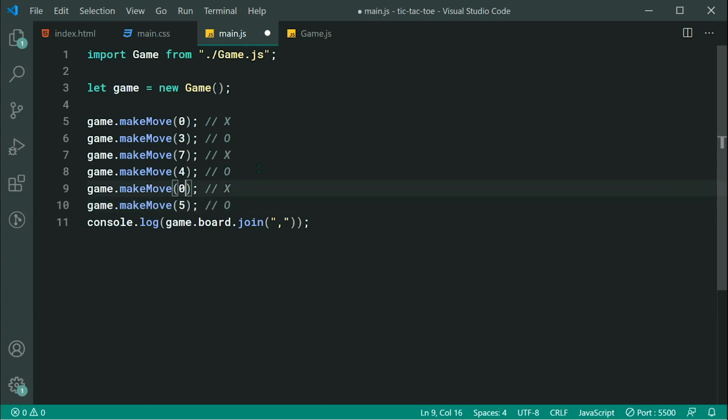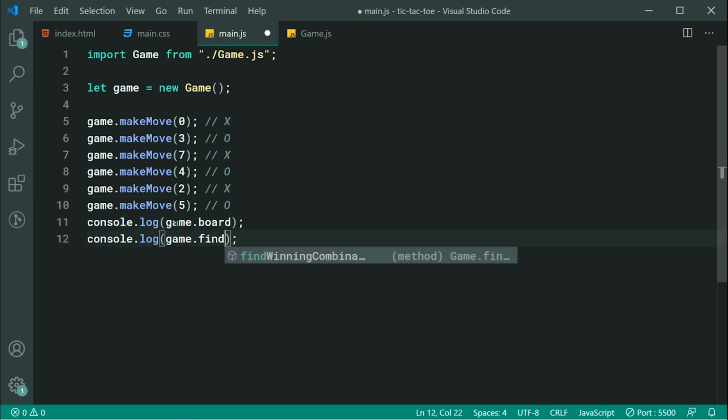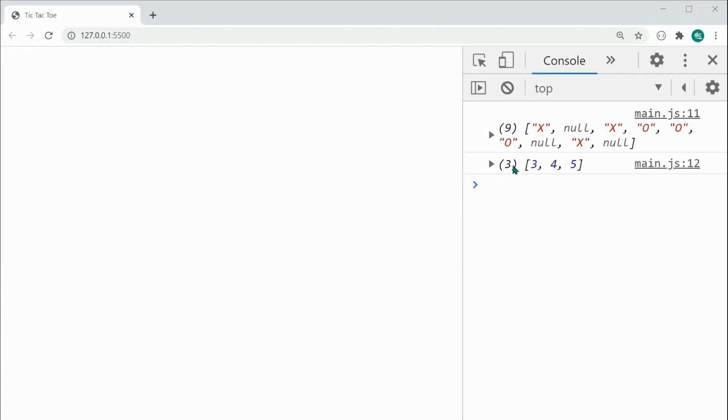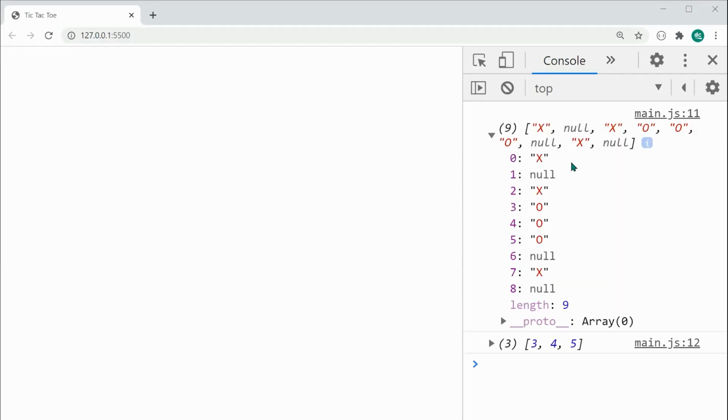Let's make this X something like 2, for example, okay? So now right here we have 3, 4, and 5 for the O, so we should see here a winning combination. We can say console.log game.board, and also log out findWinningCombination. Saving this will give us this right here. We get of course this board. We see that 3, 4, and 5 is in a row, so of course we get the combination right here